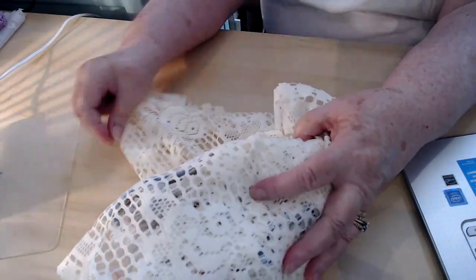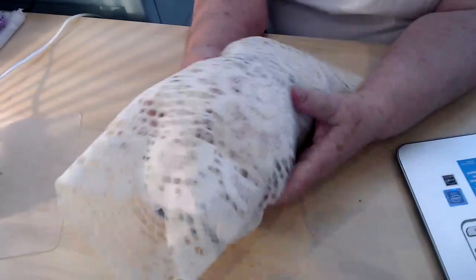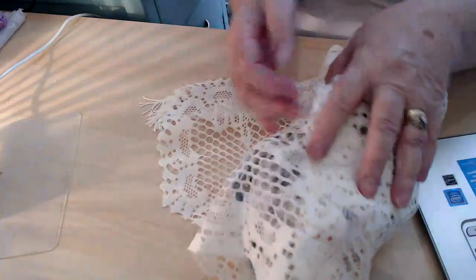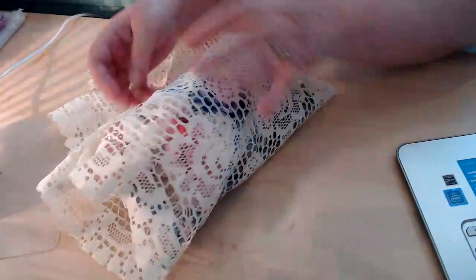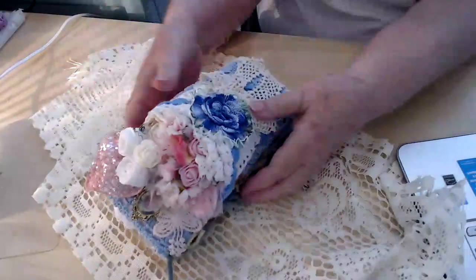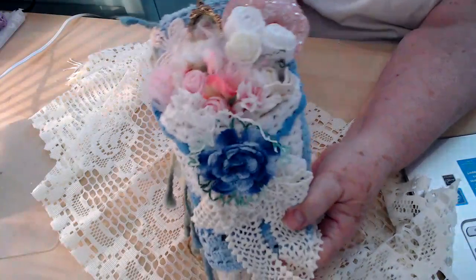Now she sent me doilies and lace and, oh gosh, what else was in there? Well, I'll show you as we look at it. Anyway, this is what I made. I made this little book,